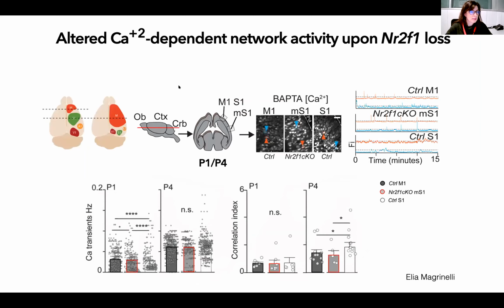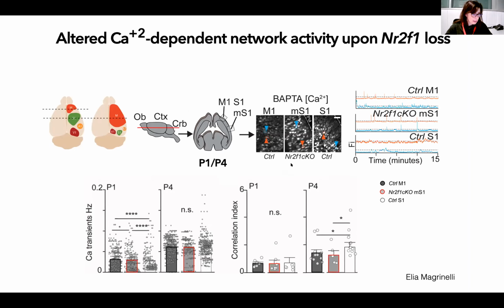To start understanding whether intrinsic cortical activity is altered, what we did was to perform calcium imaging in horizontal slices from control and mutant mice at P1 and P4, using the calcium indicator BAFTA during 15 minutes after 1 hour incubation. You see here maximal projections of the BAFTA positive cells in these three regions, in motor, somatosensory in controls, and MS1 in mutants, and the calcium transients of cells that were